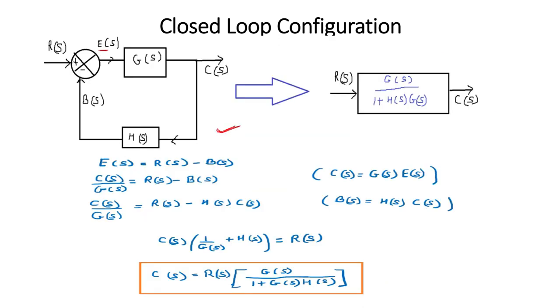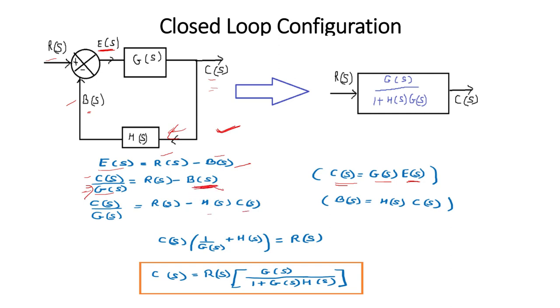So here we can see that this error signal is nothing but R(s) minus B(s). R(s) is input and B(s) is feedback, and then output is G(s) into error signal. Therefore, in place of error signal, we can write C(s) upon G(s). This is output upon forward path element. And then we have this B(s). B(s) is what? C(s) into H(s) here. Output into feedback path element. So we will write H(s) into C(s) in place of